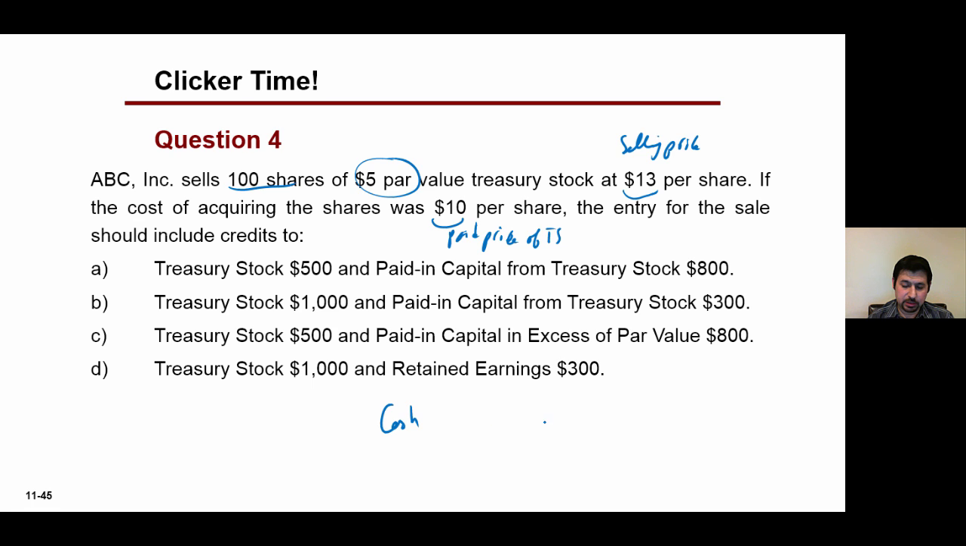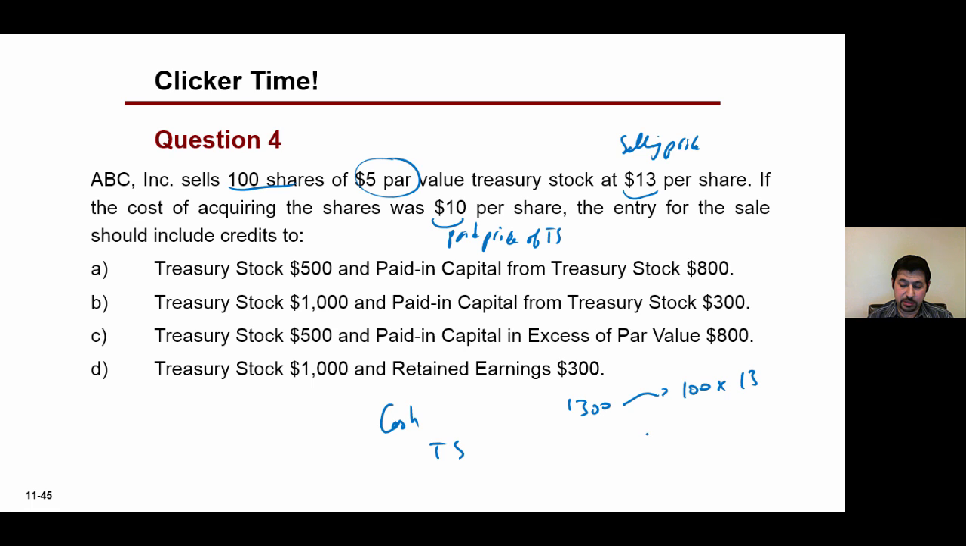Cash will be according to the selling price. It is 100 shares multiplied by $13. So it is $1,300, which is 100 shares multiplied by 13. The company will credit treasury stock